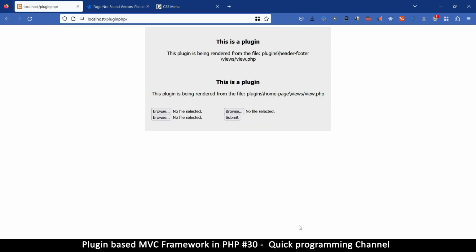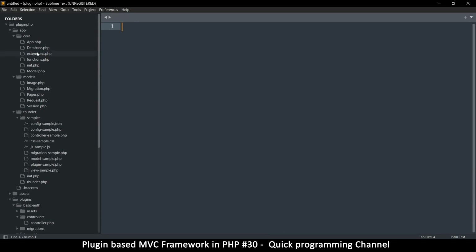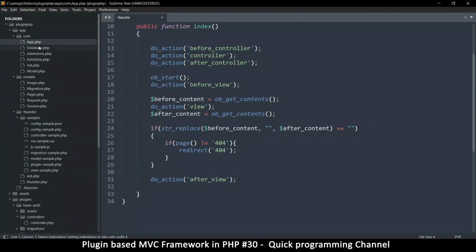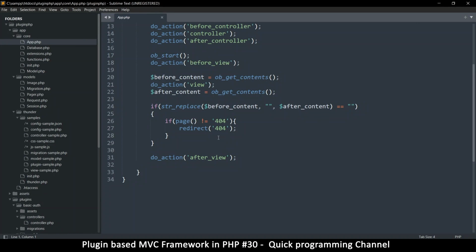Alrighty then, let's come back here a second. Let me go to the app. So this is our project folder. I'm going into app core app.php and, where is this? Before, after. Okay, so here what we're doing is